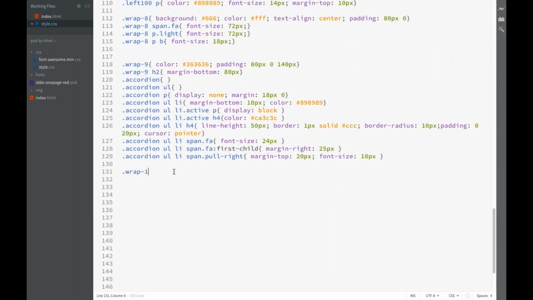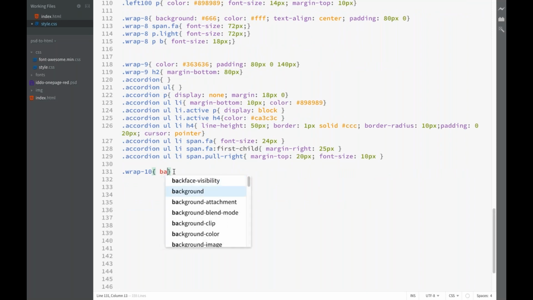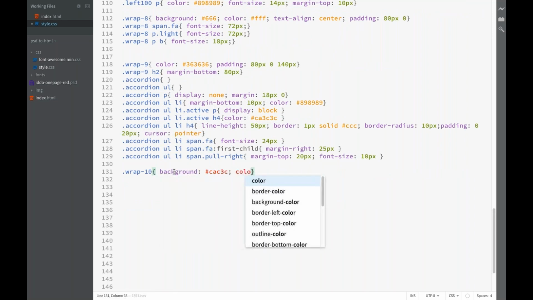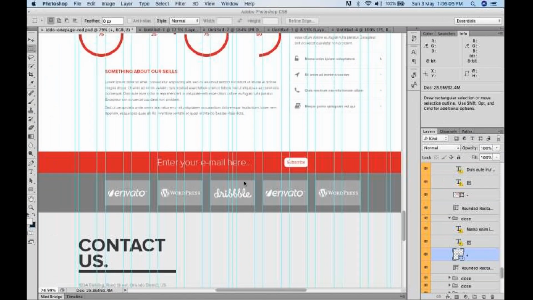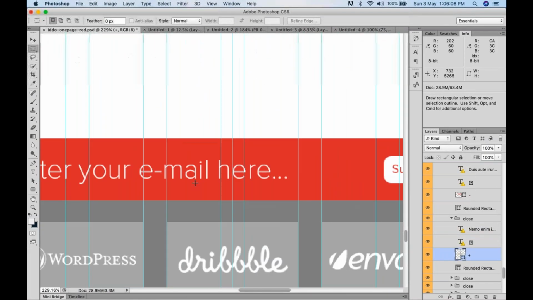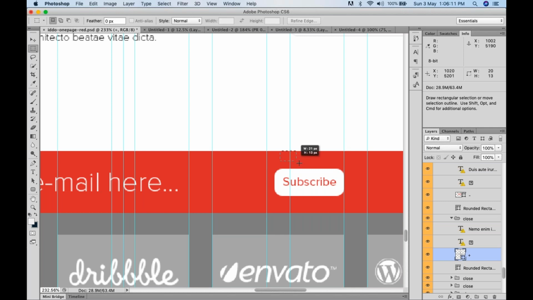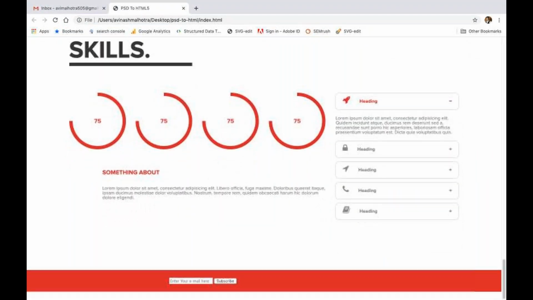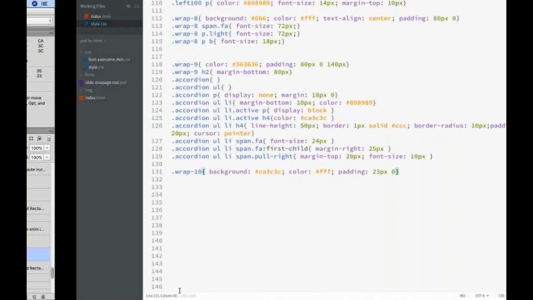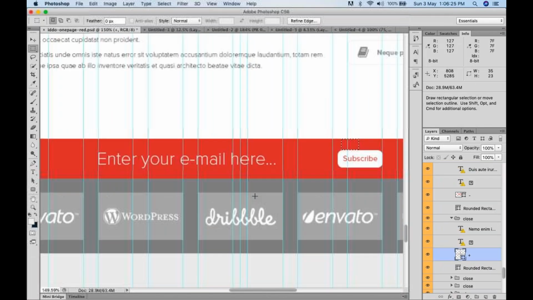नाउ dev name wrapper 10 background, this font color CA 3C3C, तो ये dev, ठीक है। नाउ this gap is 23, तो padding 23 पिक्सल बाय 0, ठीक है। तो ये इनपुट टाइप टेक्स्ट, एंड ये आपका सब्सक्राइब बटन।